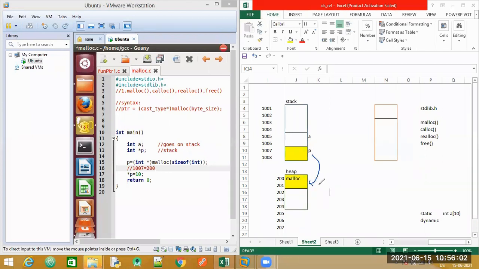Now, recall the definition of a pointer. What is a pointer? A pointer is a special variable which holds memory addresses. Have I declared p as a pointer here? Yes, ma'am. So what should your variable p hold now? Whose address is it pointing to? Have a look at the statement here. Address of malloc. Correct. So let me replace the value inside p, and I will write the address as 200. Okay, I have written the address.